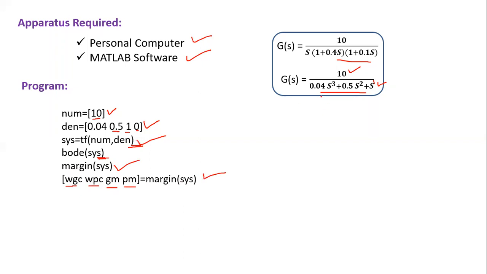First, we enter the numerator and denominator transfer function. Now we plot the Bode plot. So bode of system, the graph will come, but from the graph, we need to check the domain specifications. For that, we use margin, and then we specify the terms we need to identify. So this is the coding part. Once the coding part is okay, then we need to try it in the MATLAB software. We'll see in MATLAB.